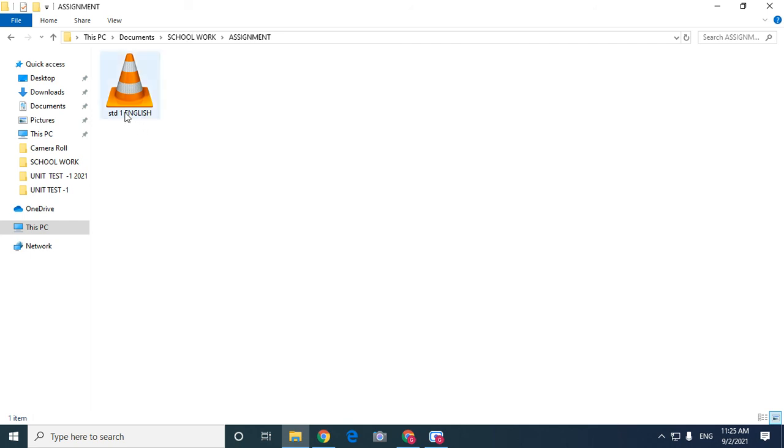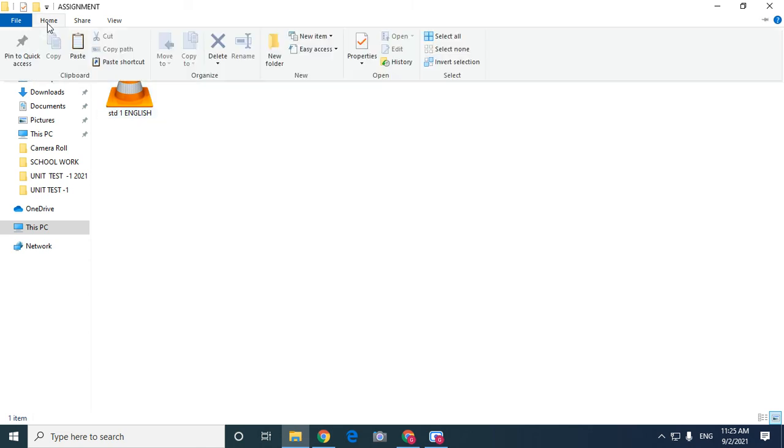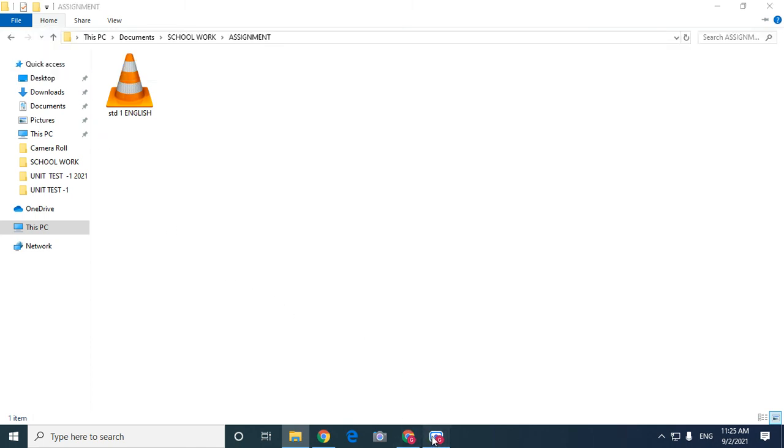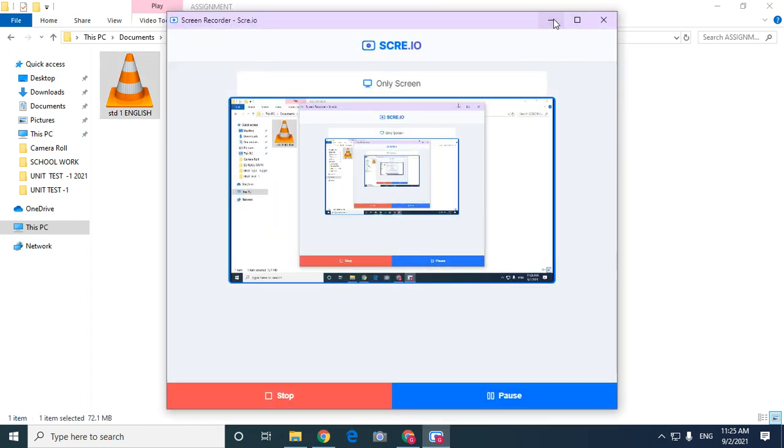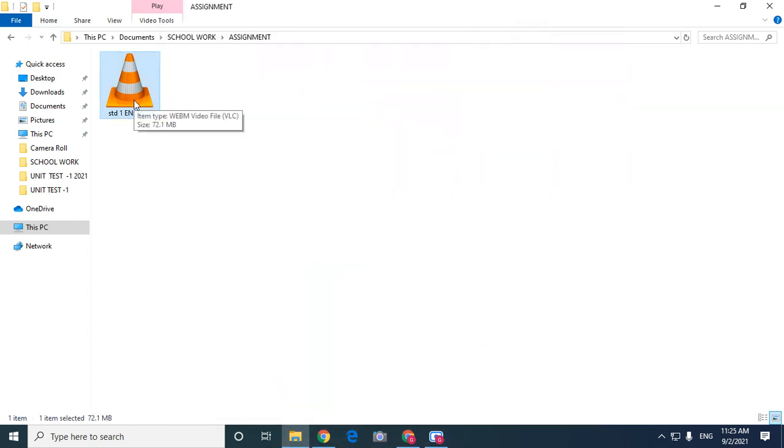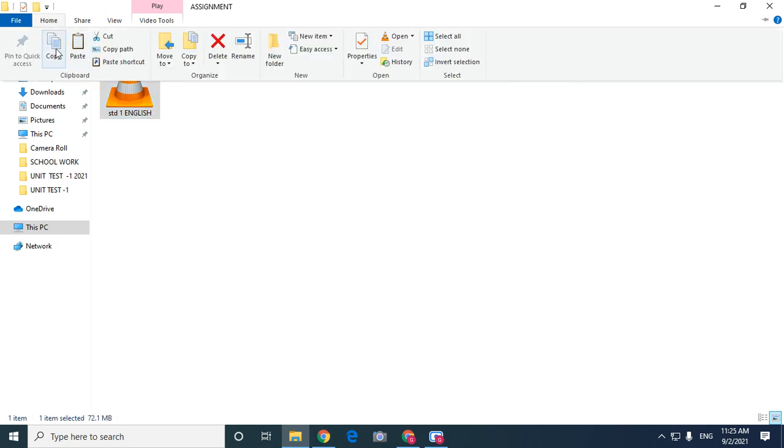Now what you have to do here is just go to the Home tab. After coming to this particular file, go to the Home tab, then select the Copy option.